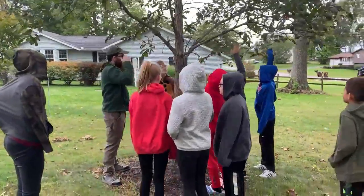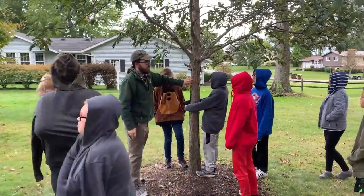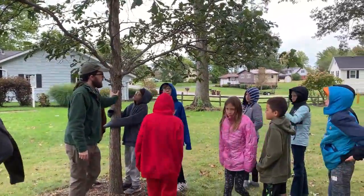What do you think? White oak. This is a white oak, absolutely. You guys remember the swamp white oak? This is what they look like, at least when they're small. We'll come to a much bigger one in a little while. Now,